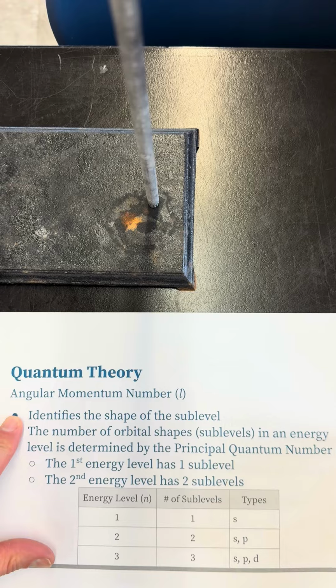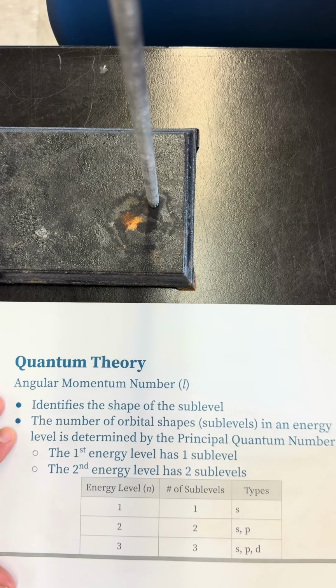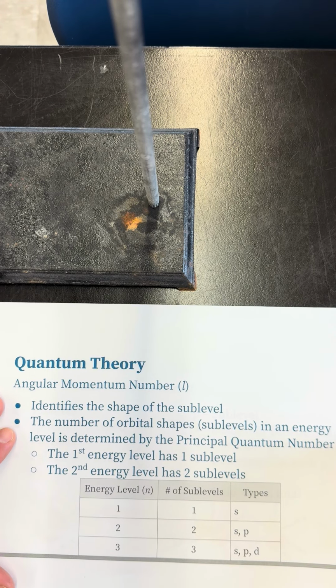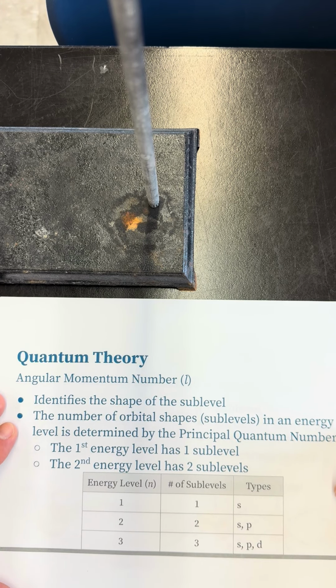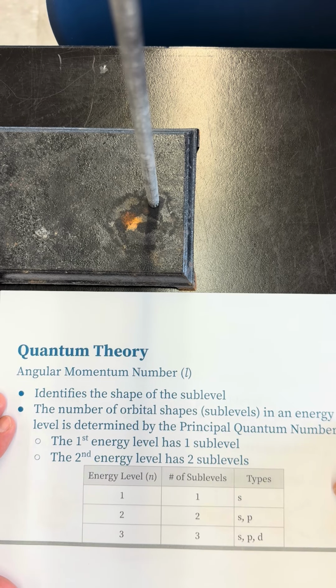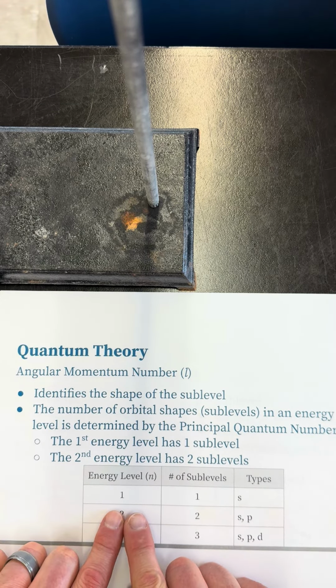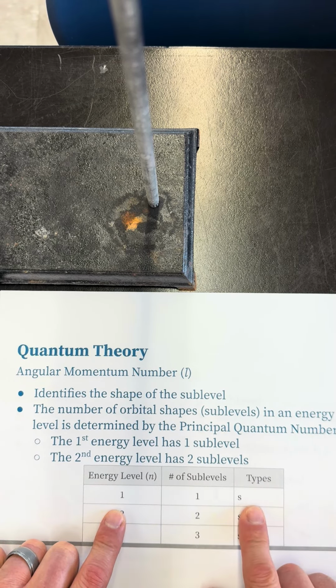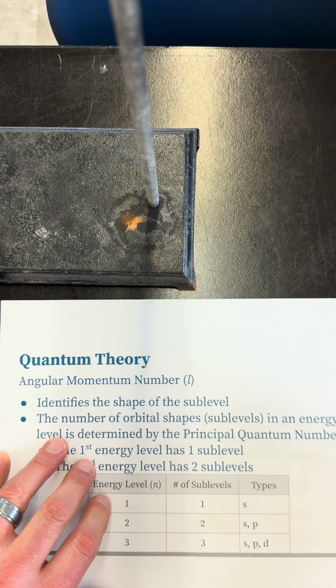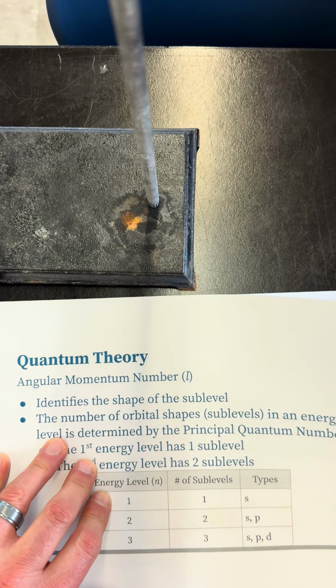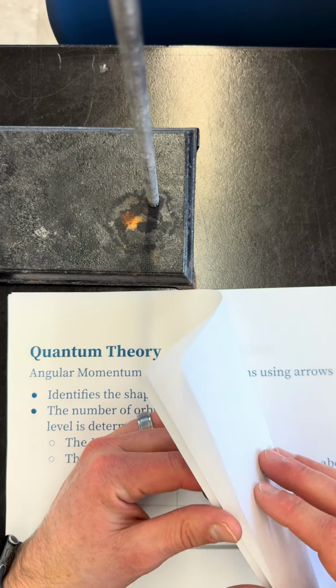The first thing that we have to go back and talk about is the 4 different quantum numbers. We kind of brushed upon them, but what I want to highlight is how that affects the electron configuration or orbital notation. The first thing I want to point out is that every energy level has a very specific number of sublevels and a specific number of sublevel types. So for example, in the first energy level,